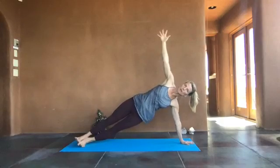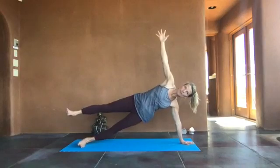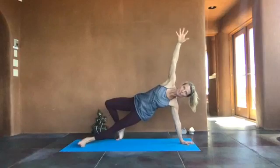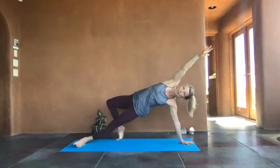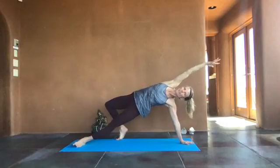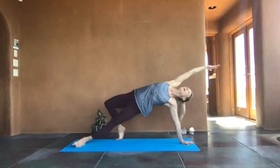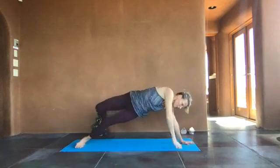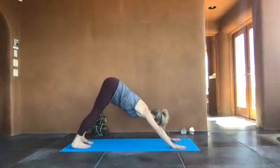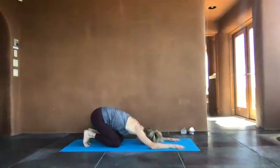And then if you want to play a little bit more, you can lift that right leg, work the core here, maybe even bending the knee and taking the foot back behind you. And then you can lift the hips, curl the head back, and stretch the arm overhead for wild thing. So the sacrum comes in and up. And then on the exhale, you're going to come out nice and slowly. And you can either come right back to downward dog, take your knees down for child's pose,